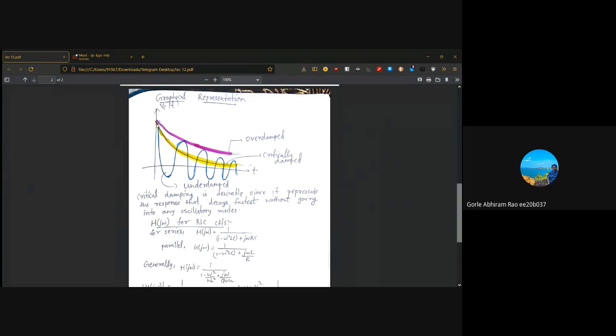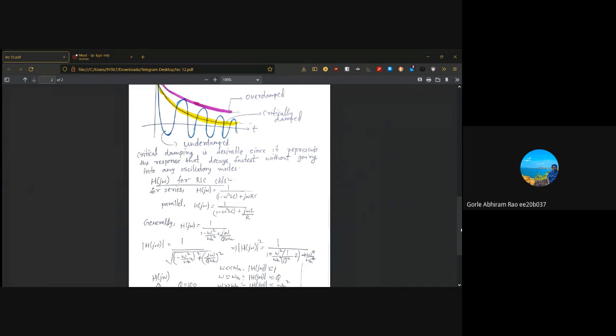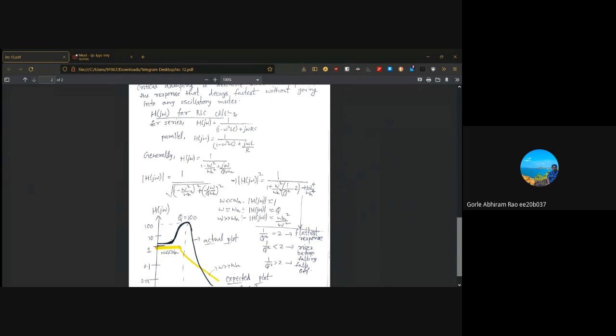And if you look at this, the decay is happening the fastest in the critically damped case, and that is why critical damping is desirable, because the response is going to be decaying at the fastest rate without getting into any sort of oscillatory mode. So in that sense, the critically damped case is going to be quite desirable. Then overdamped also has continuous decay of our initial state, and in underdamped there is some sort of sinusoidal oscillation along with simultaneous decay.